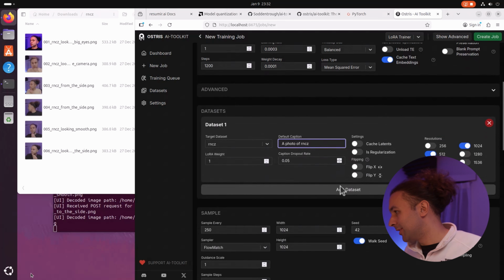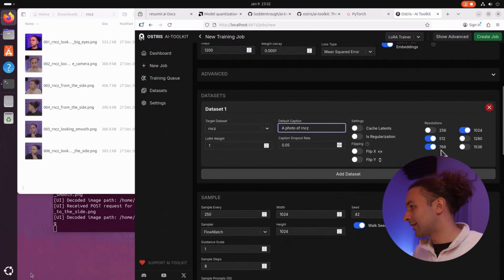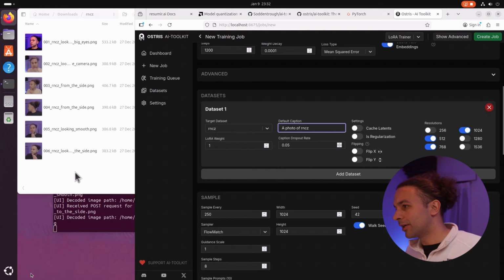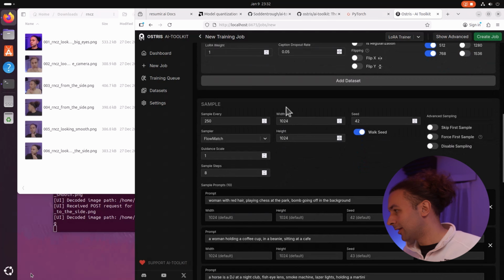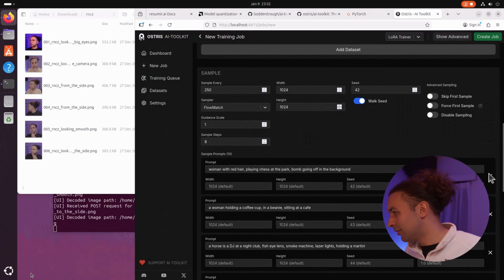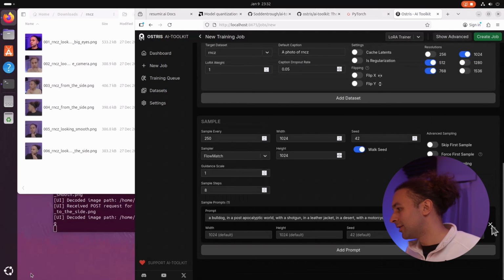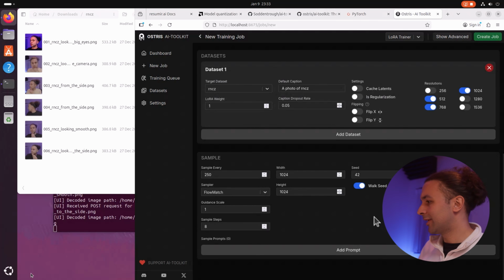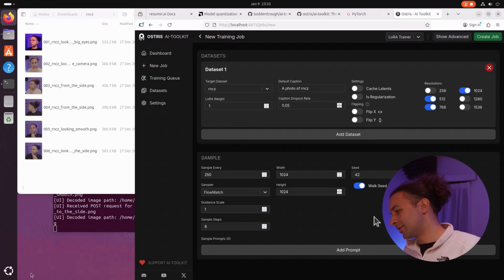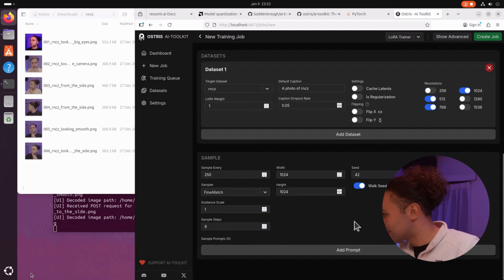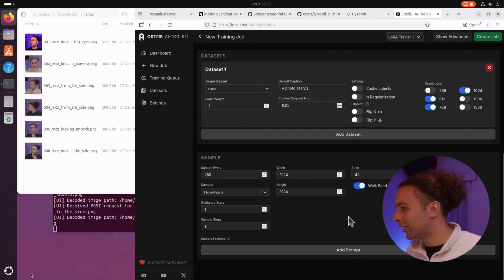I keep these on 512, 768, 1024. All the photos are, by the way, 512 by 512. And here for the sample prompt, I do not want to create any samples because that didn't work for me. So that's the only thing. When you train it, you cannot use the prompts right now, or I didn't configure everything in the right way right now. But this is just for the training of the image. So let's create a job,